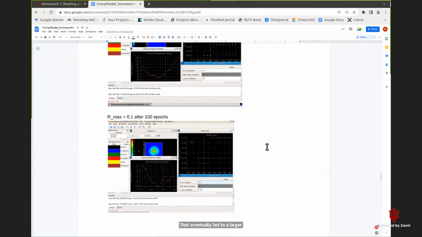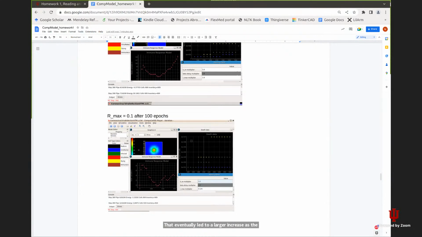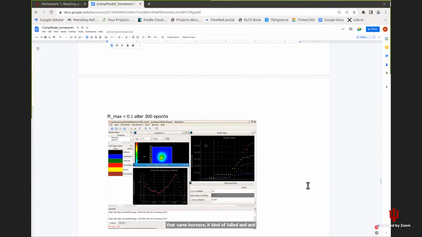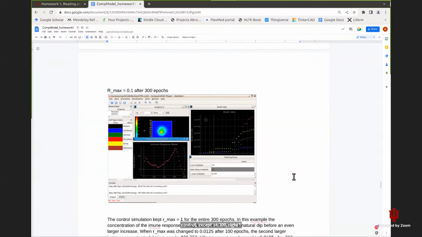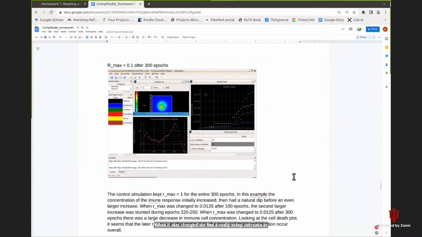to spread. But when I changed the R max value after 100 epochs, so here's my 100 if you're having trouble seeing that, instead of having that same increase, it lulled and stopped this return growth of the virus. That's even more pronounced if you changed it after 300 epochs, here. We had a really similar immune response to the control, except at 300, right when it was changed, we had a really steep decrease in the immune cell response, which I took to be in the concentration of the